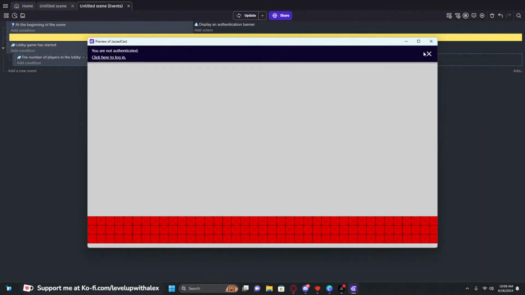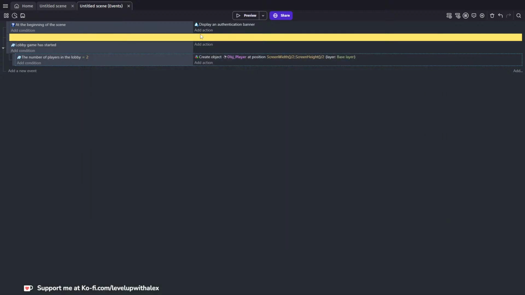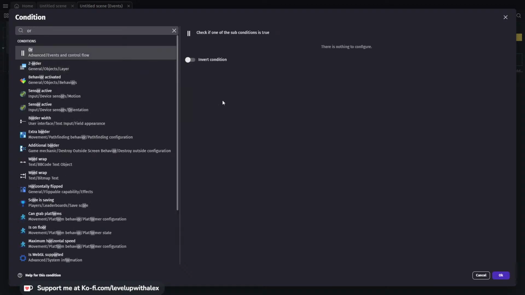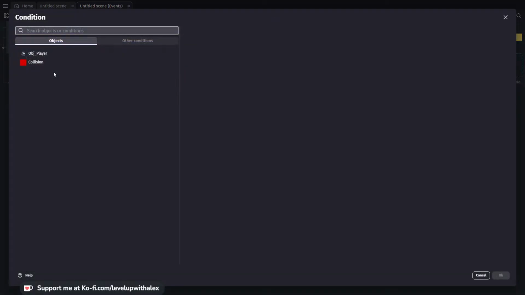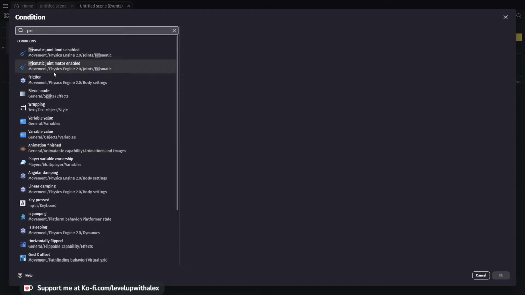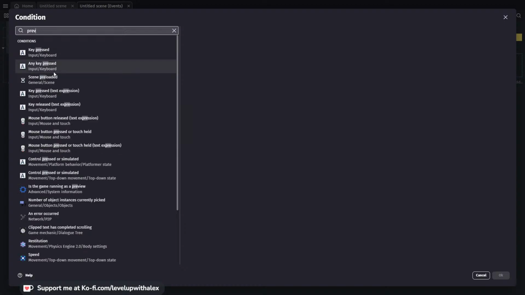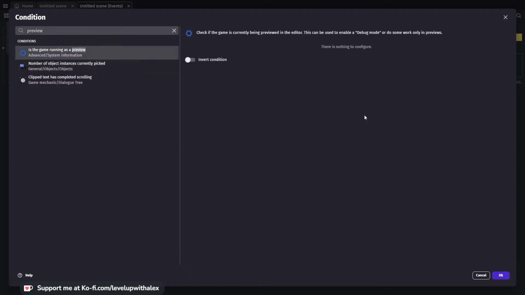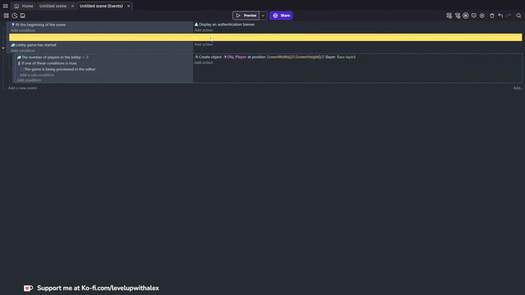So if I hit play, there are no players in the lobby right now because we never entered the game via lobby. To do it this way, I need to have a menu that then loads the player in so we know how many people are in the lobby. Because we don't have that, we can do an or statement. So we're going to do or, and then type preview. If the game is running in preview mode, which means that we're running the game,